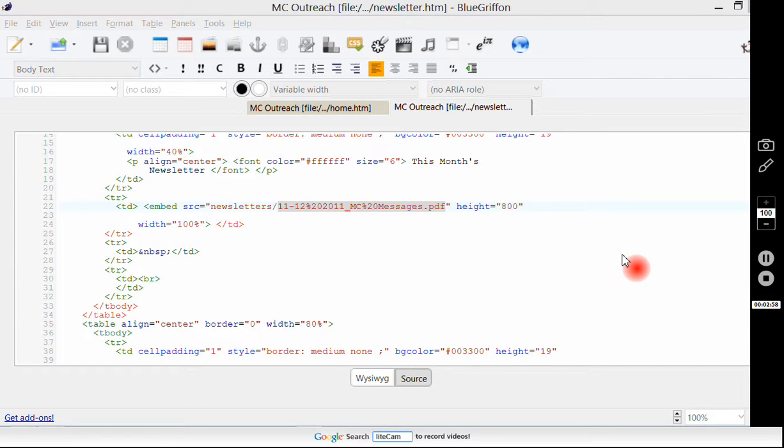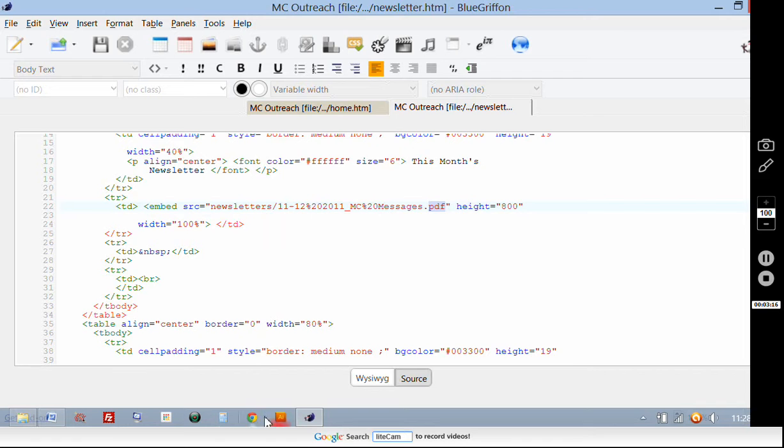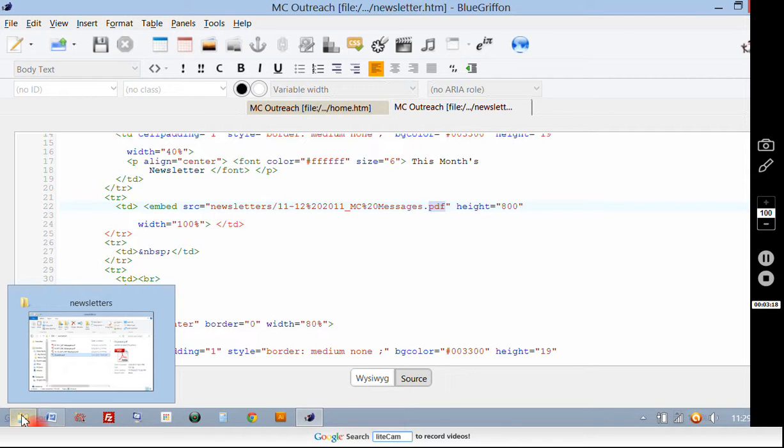I apologize for any confusion, but I hope you can understand that all we are looking for is the newsletters area where there's a file, the file that you want. It's a PDF. Can you see that right here? It's a .pdf. So what we're going to do, if there's a better way, we'll learn later, but for now,